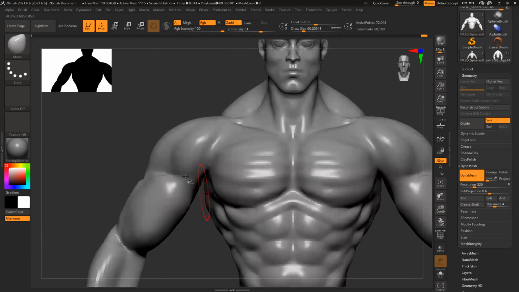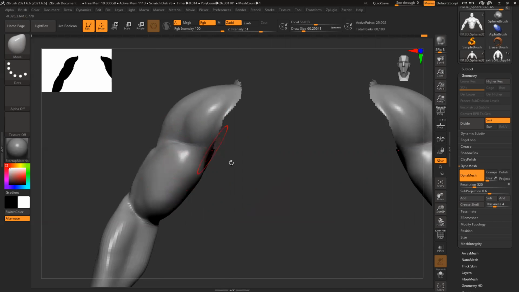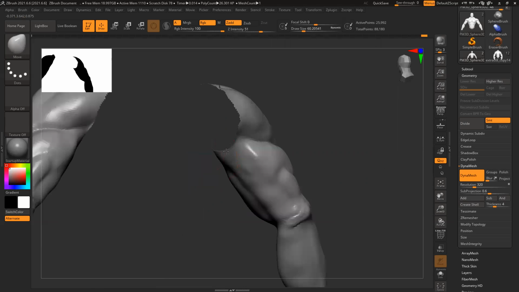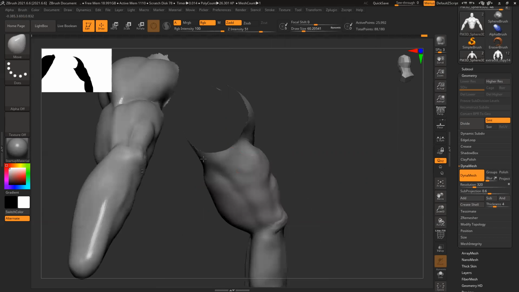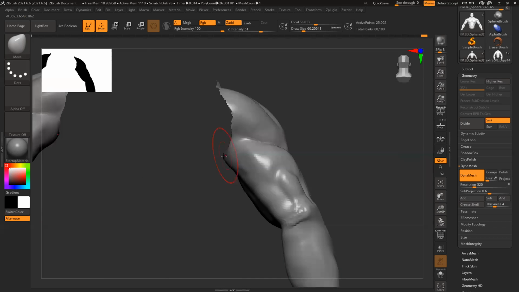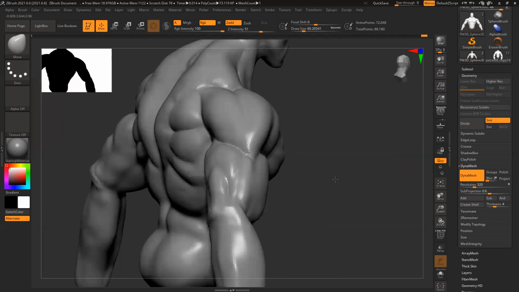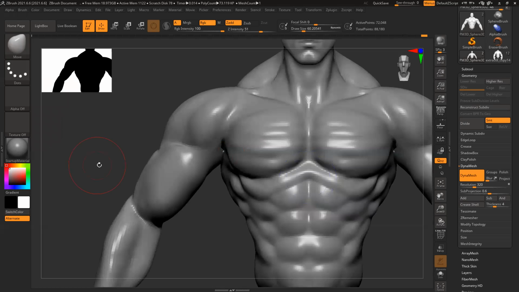And this flat thing, I can push it slightly outside. Smooth it.